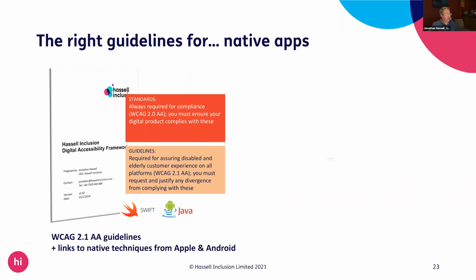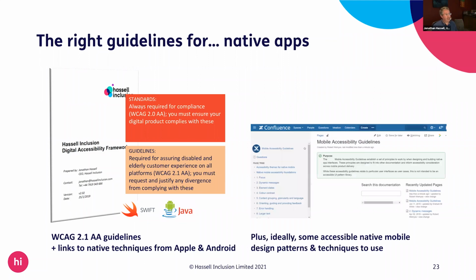And actually, as far back as 2013, we and the BBC were putting together documentation to say, okay, if you're doing a website, it's like this, but if you're doing it in Java, it's like this. If you're doing it in Swift, it's like this. So actually trying to pull these things together. That's the sort of thing that you really need. If you don't have something like that, please get in touch and we can talk you through it. It's not that difficult to sort out something which can appear very complicated.